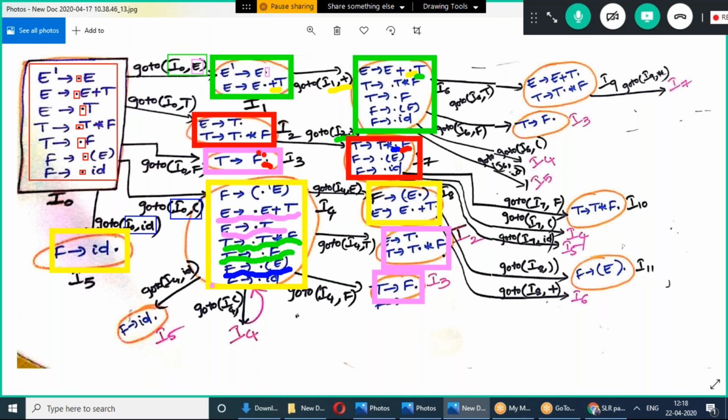Now come to, this is I4. I4 completed. Come to I5. Can we perform any GOTO operation on this? No, we cannot, because this dot has already reached the end. So whatever set of items we got from I0, all are completed: I1, I2, I3, I4, and I5. After completion of this, we go to the